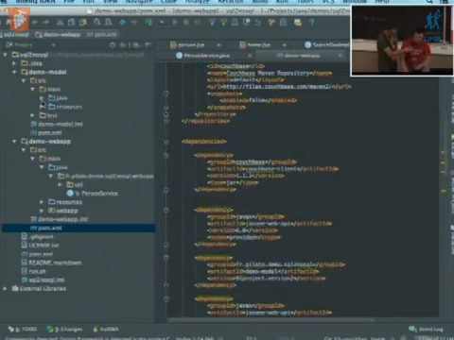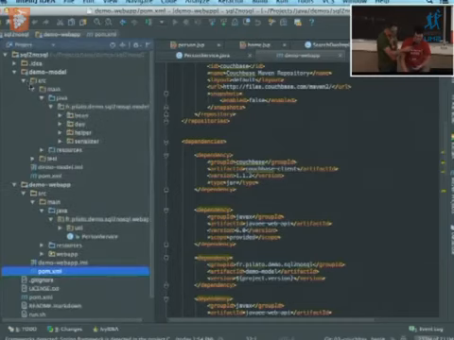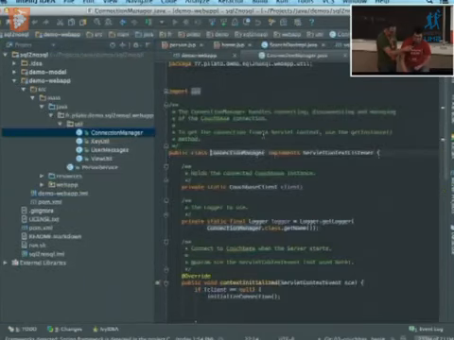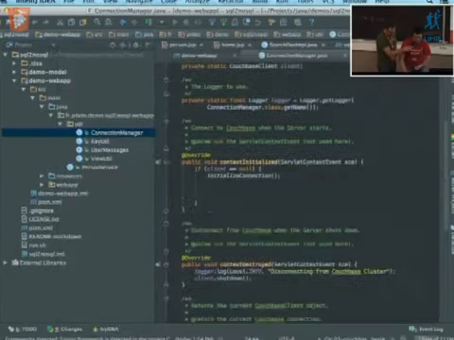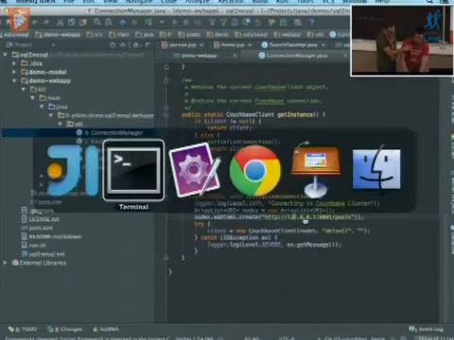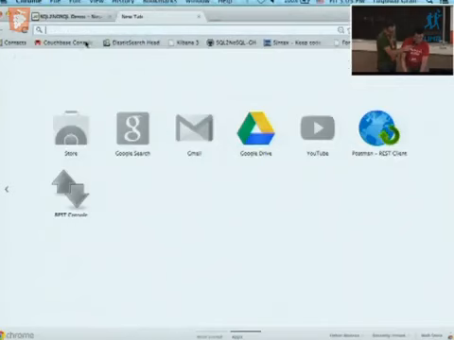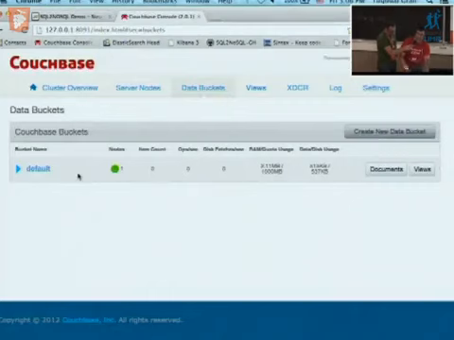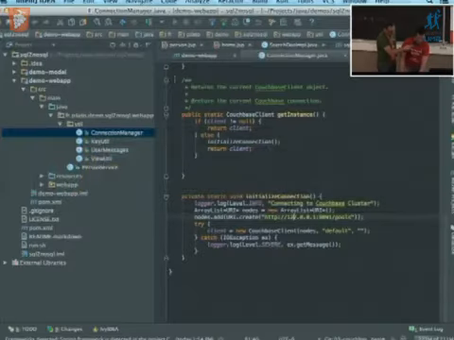Inside the code, you just have to say where you connect. And we have a small connection to the database that is here that just uses a cluster that is a one node cluster that is installed here. So if I go to my Couchbase locally, I can connect to the console. I have what we call a bucket, so a schema where I will put all the data. You see I don't have any item inside. So let's now replace the application code to insert and get the data from Couchbase.